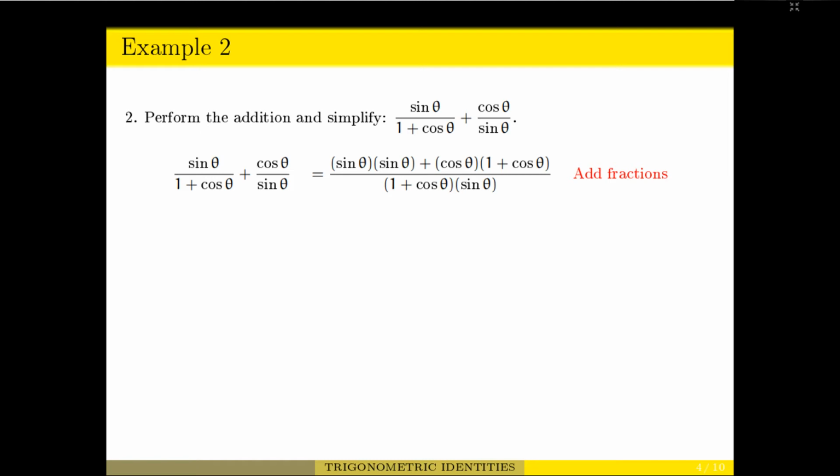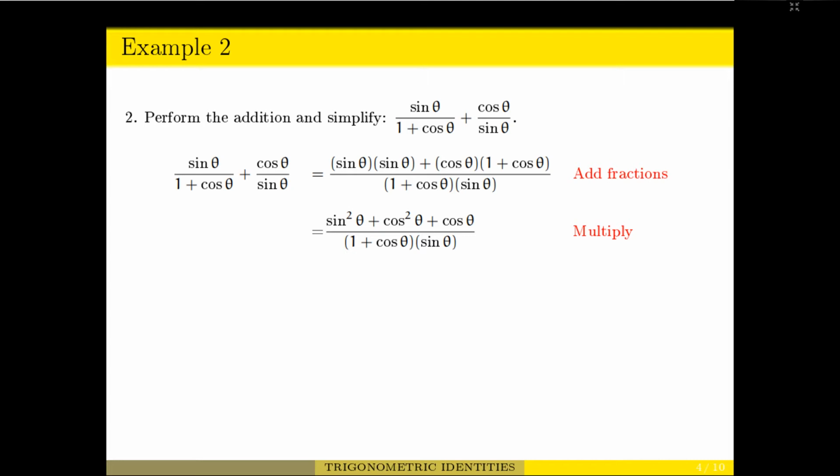Now, we simplify the numerator by multiplying sine and sine and distributing cosine theta to 1 plus cosine theta. So the fraction will be simplified to sine squared theta plus cosine squared theta plus cosine theta, all over